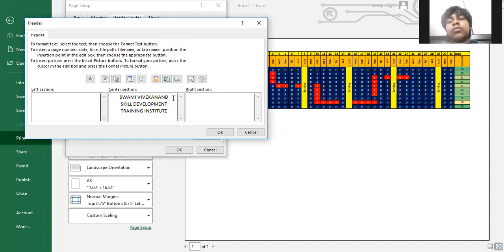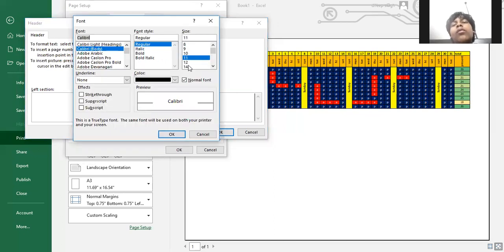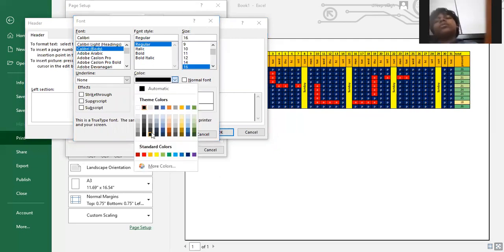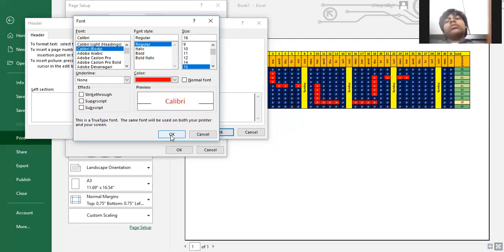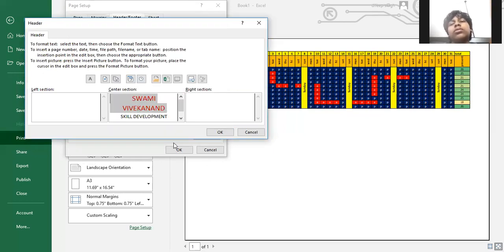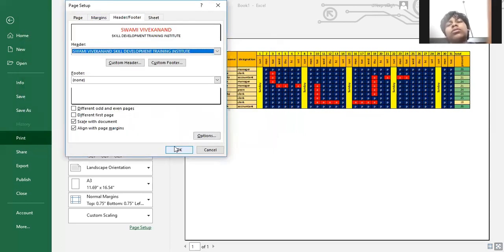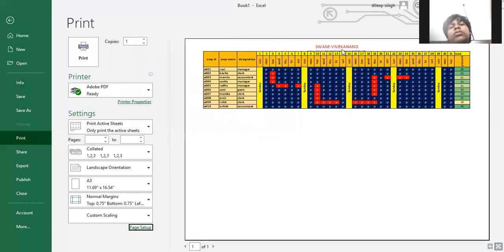After doing this, decrease or increase the font size. After selecting this, click on this and increase the font size from this section, and also set the color from this palette, click on OK and click on OK. You will get the company name at the top of the data like this.